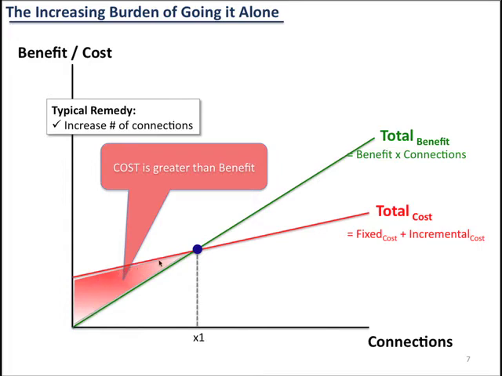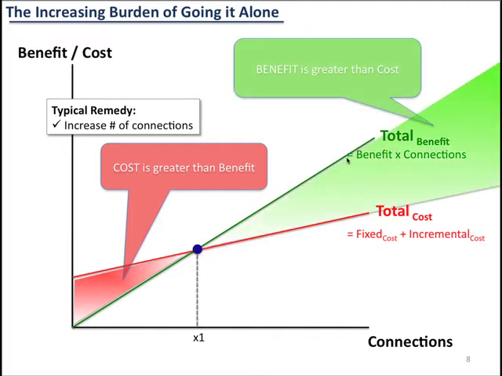So the idea here is that as you continue increasing your number of connections, at some point, so goes the conventional wisdom, after you've made enough connections, it starts getting a little bit more real, a little bit more beneficial, that is. At some point, there's an area to the right of the break-even point where benefit, plotted along the green line, becomes greater than the effort that we're putting in, which is plotted along the red line. That's when it starts feeling good. It makes us want to keep blogging and keep tweeting, or whatever floats your boat. The point is, it feels like you're getting some return, and so you keep doing it. And that's, again, sort of the conventional wisdom, right?